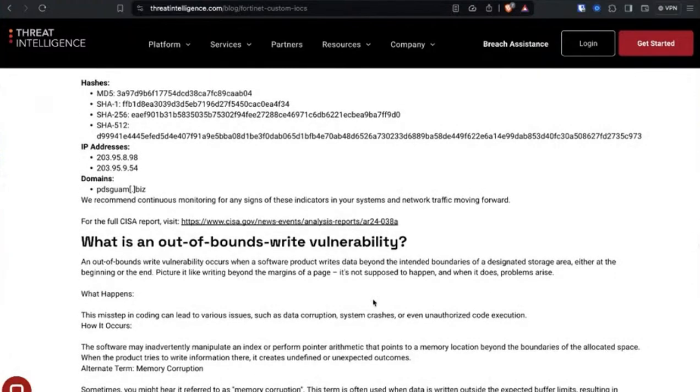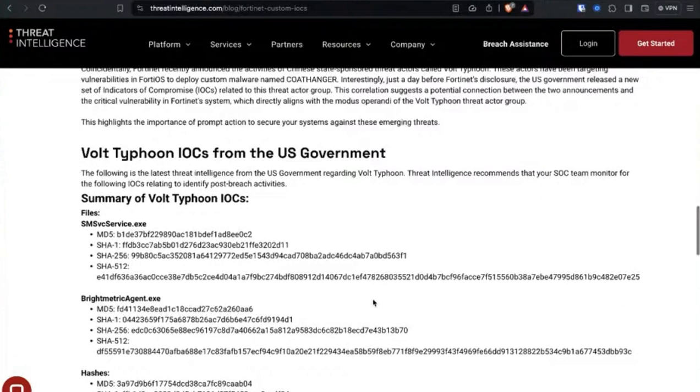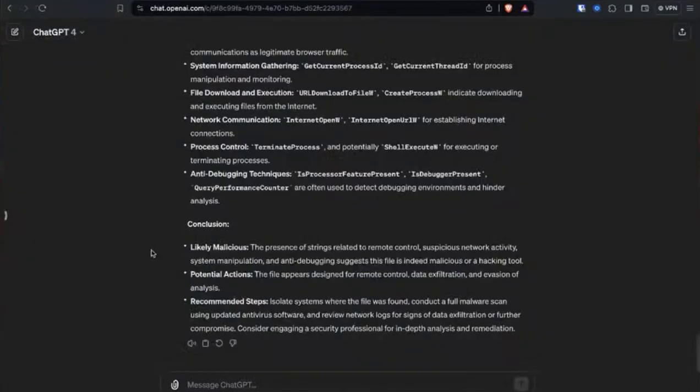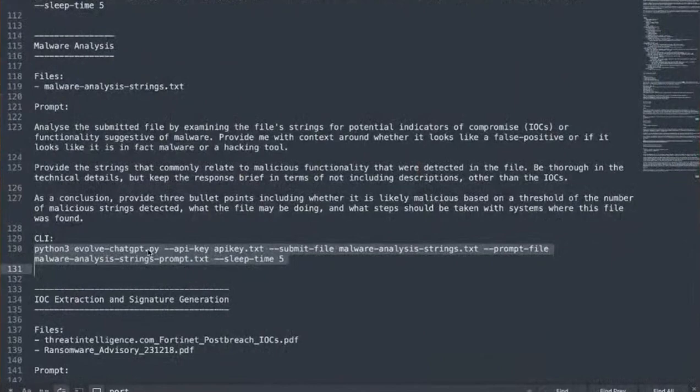So again, this is traditionally not automated or actionable intelligence because it's not easily consumable and automatable, whereas now using LLMs, we can actually do that. So if we have a look at